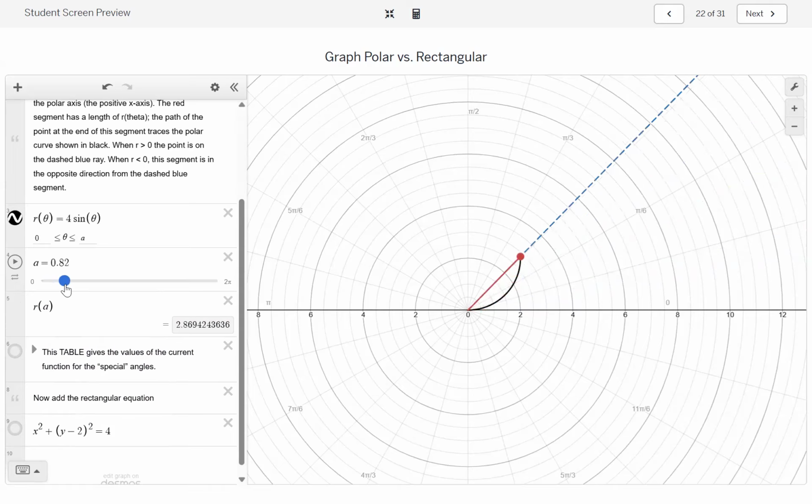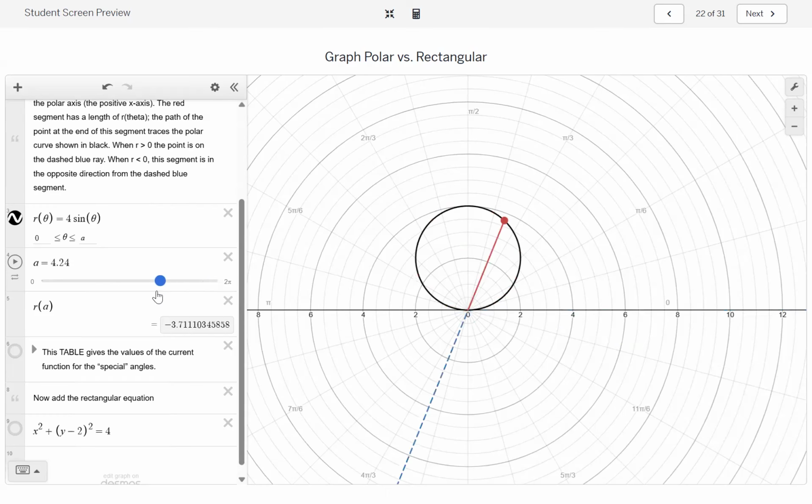And when I get to like the 1.57, 1.57 is the decimal for pi over 2. And we can see at pi over 2, r of a is really close to 4. So it makes sense at pi over 2, I'd be at 4 because sine of pi over 2 is 1. And then I keep going and I get to 3.1, a little past it, but it's real close to 0. So at pi, sine of pi is 0. So it makes sense at pi it would be at 0. And then if I keep tracing it,